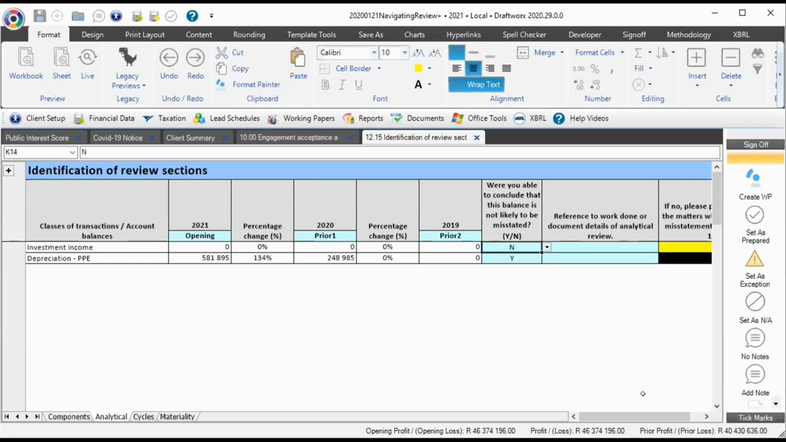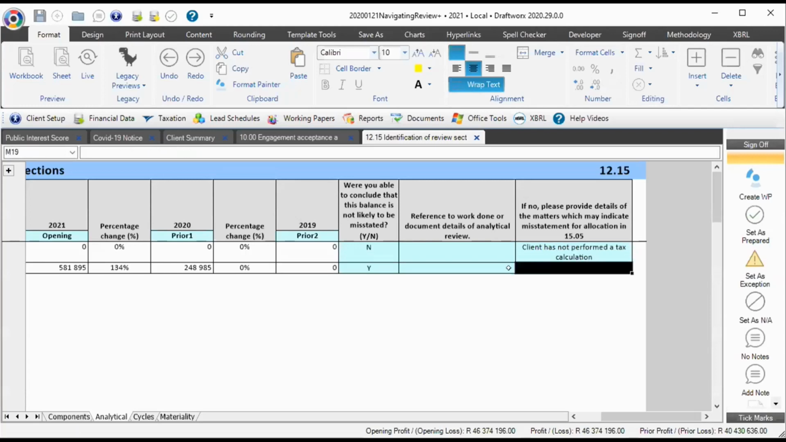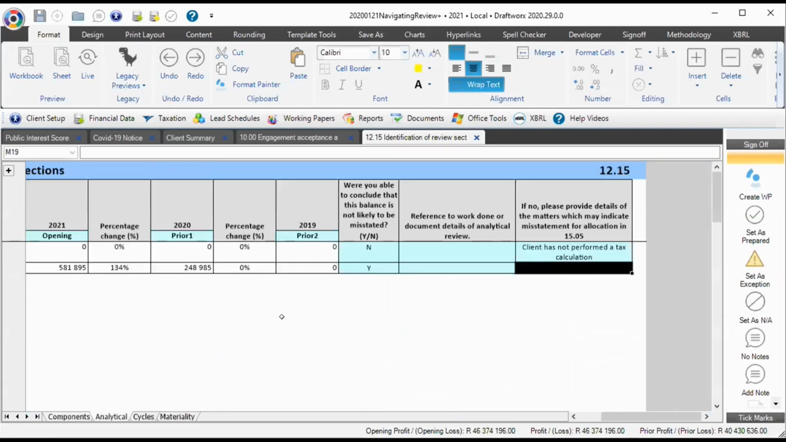No. In that case, I would go, if no, provide details of the matters which may indicate misstatement for this allocation. Client has not performed a tax calculation. Then it takes this item back to the components sheet. Is it included in my review based on my primary analytical review results? And that is a yes, because I couldn't